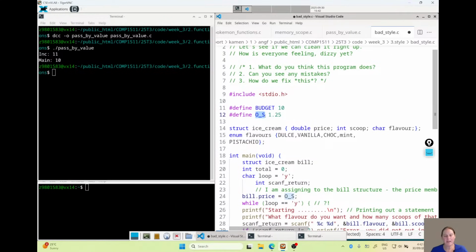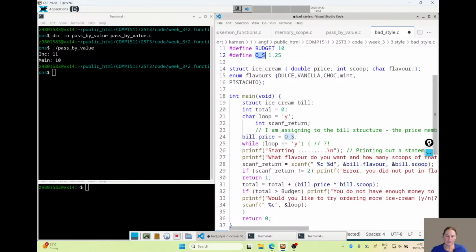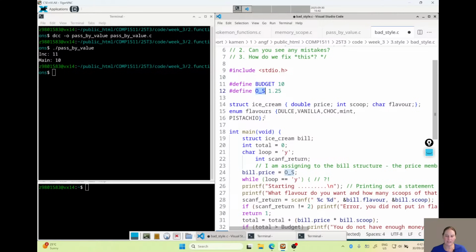This looks okay, but what on earth is O_S? I've read through this before. I still am not sure what this O_S means. So we want to make sure that our names are good enough that somebody can work out what they're talking about. Like budget, sure, that is meaningful. O_S, I'm still not sure what it means. Now with our structs,